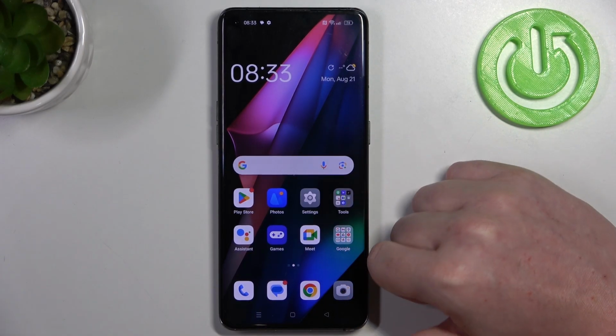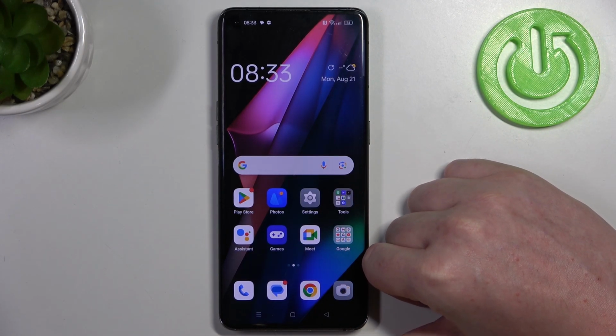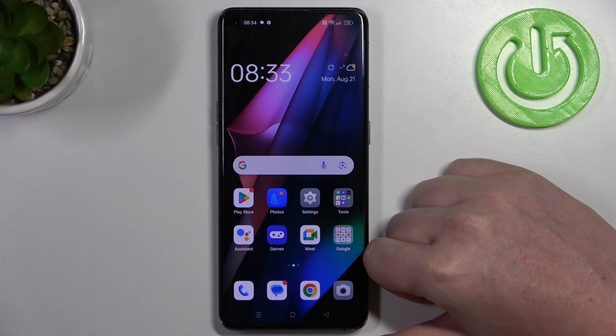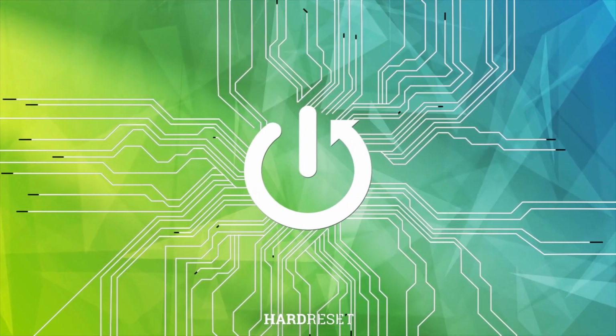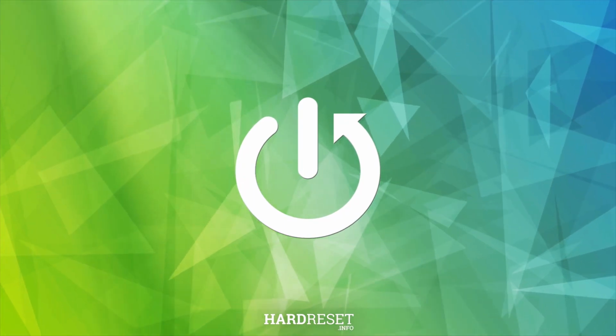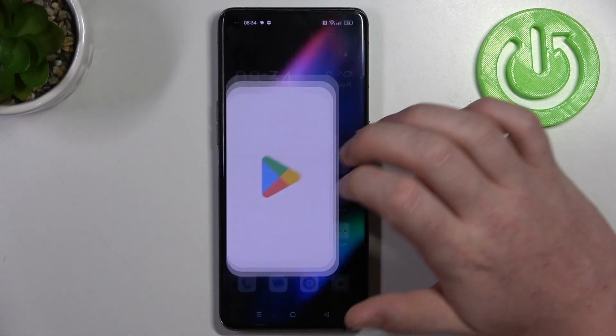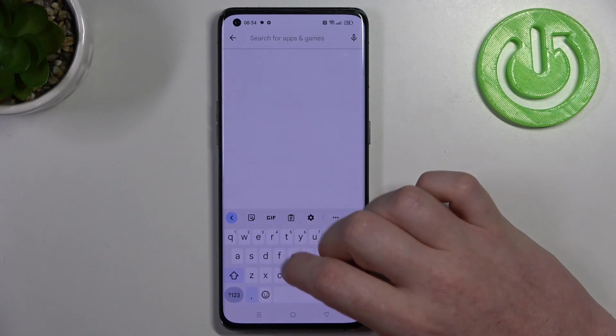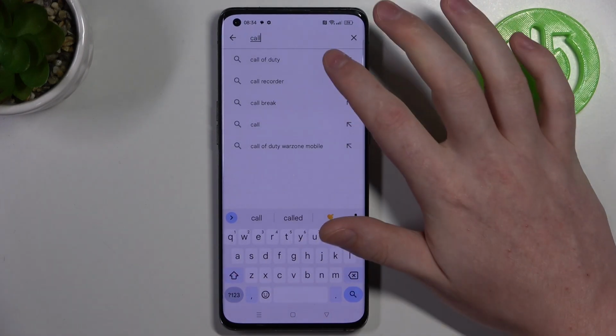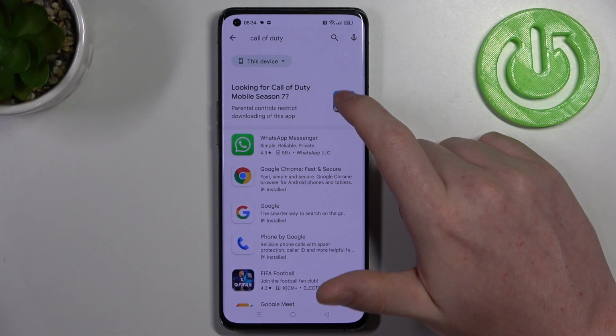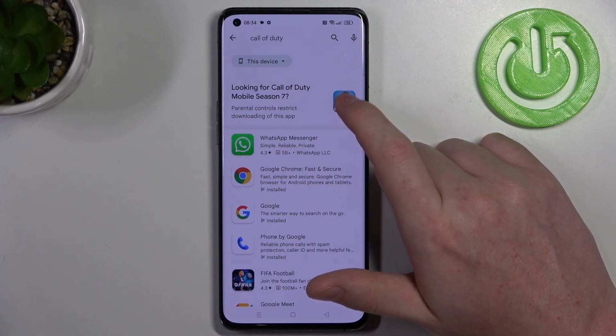Hello, in this video I want to show you how to fix the problem when you can't find any games on your Google Play Store in OPPO Find X3 Pro. And to do this, we'll need to launch our Google Play Store, and just to show you, let's try to find Call of Duty. And as you can see, there's an icon for the game, but when we click on